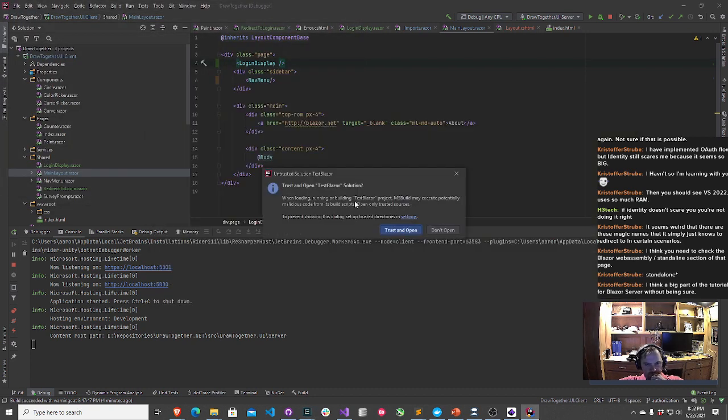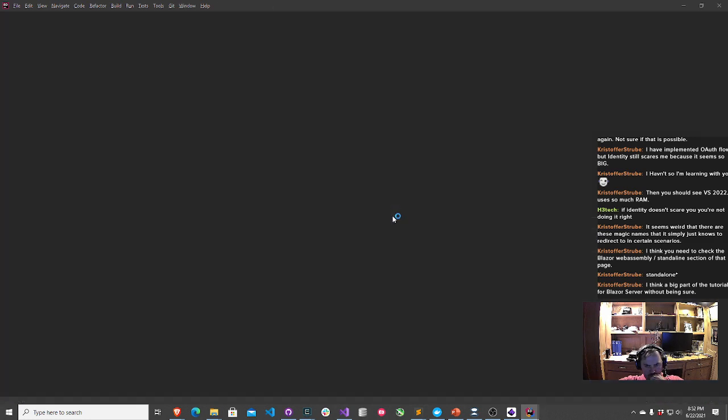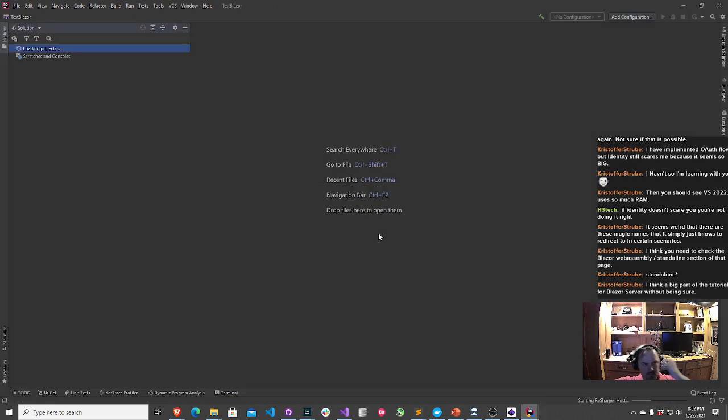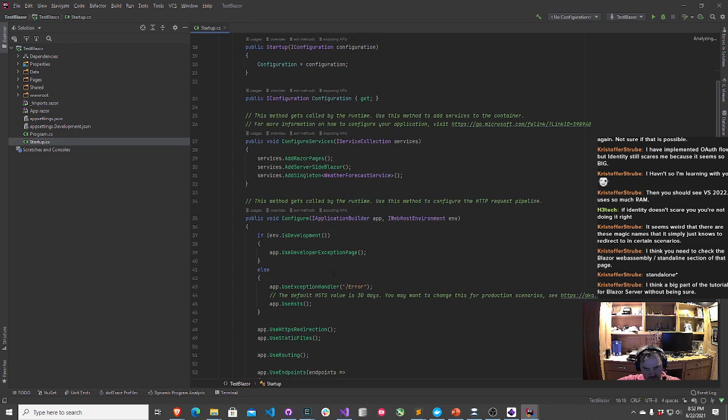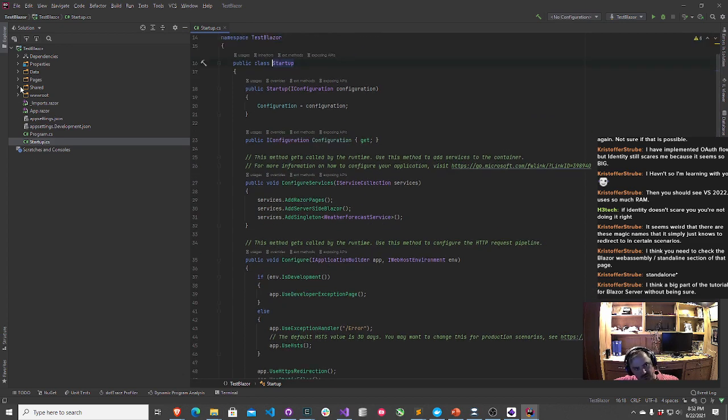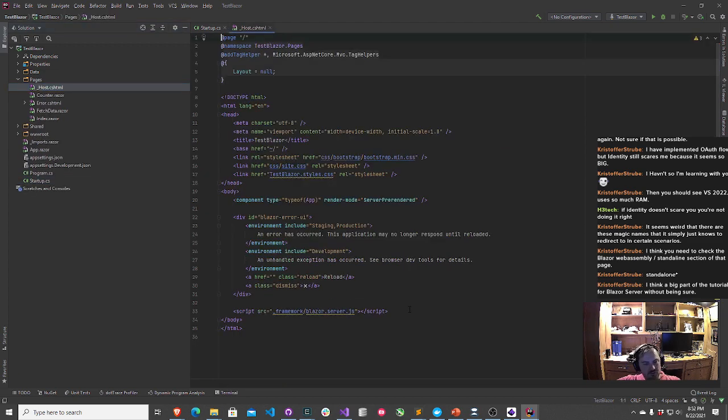Let's give this a shot. Open that in a new window. Okay. There's got to be something missing from my setup that is included in here. Okay. That all looks pretty straightforward. Shared pages. Okay, well, I think I see the problem here.